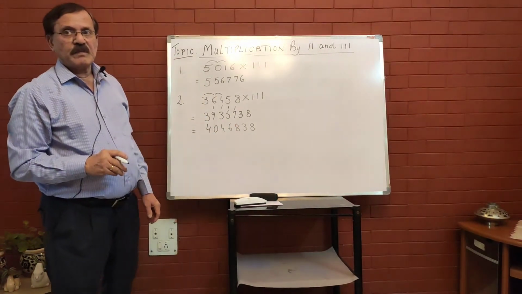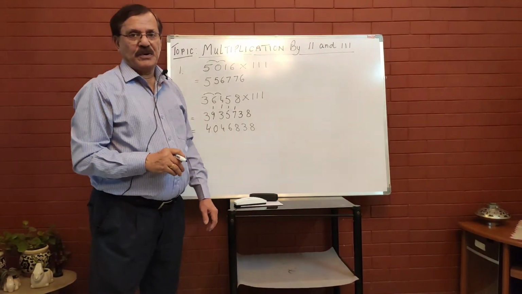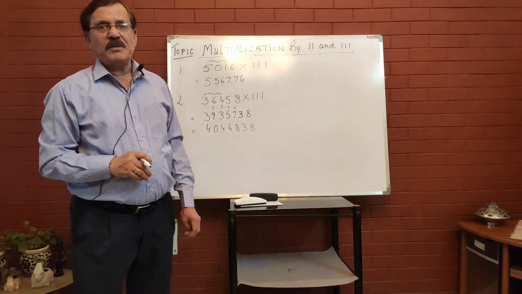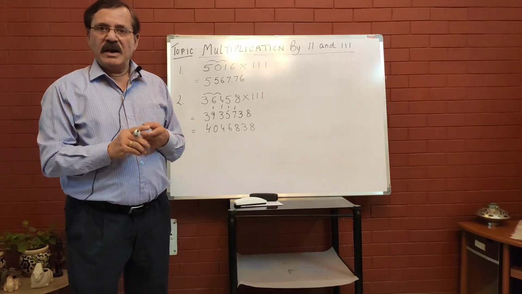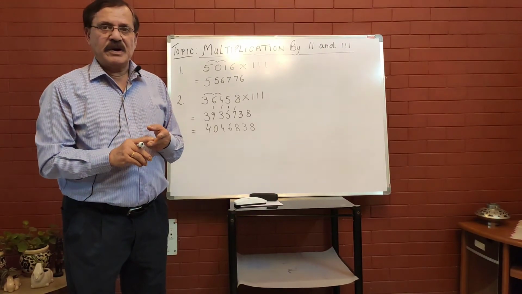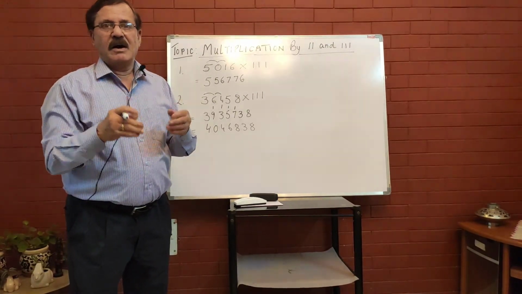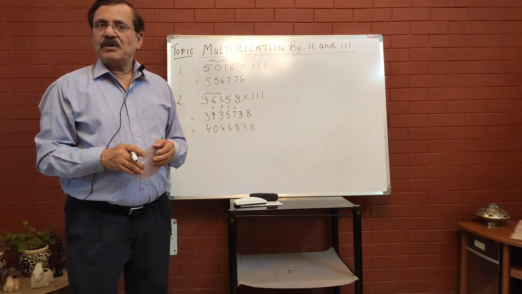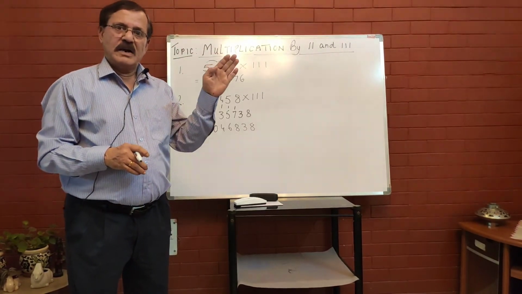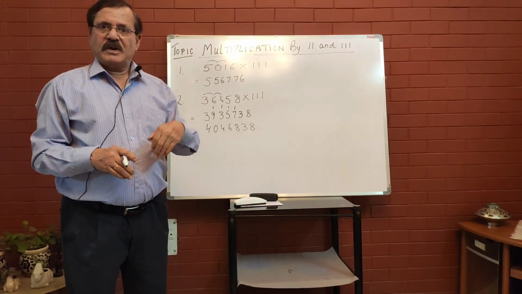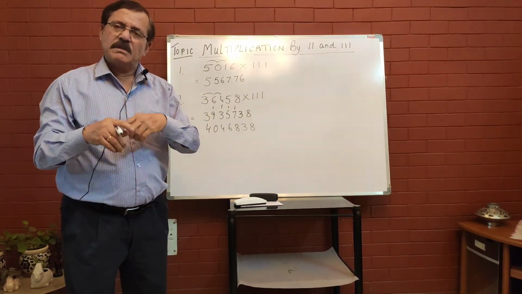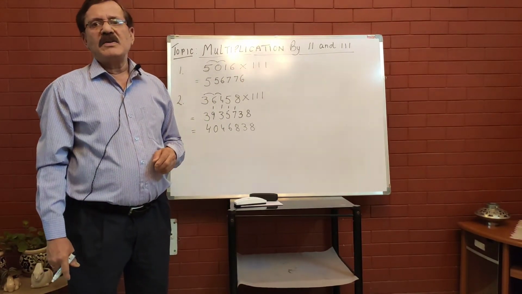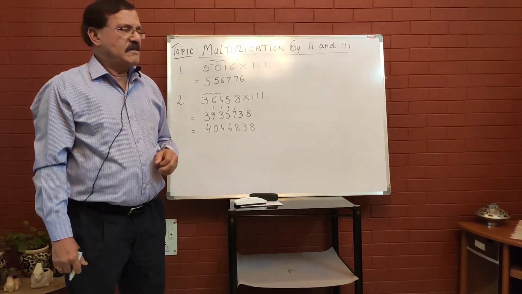So, today we have done a very interesting topic, that is multiplication by 11 and 111. Now multiply by 1111, that is 4 digits. You take groups of 4, leave one and take the other group of 4. Then leave 2, another group of 4, and the step continues for other 5-digit ones, 6-digit one, and 7-digit one.